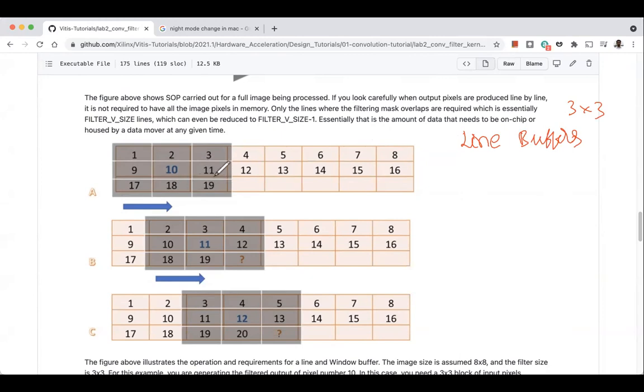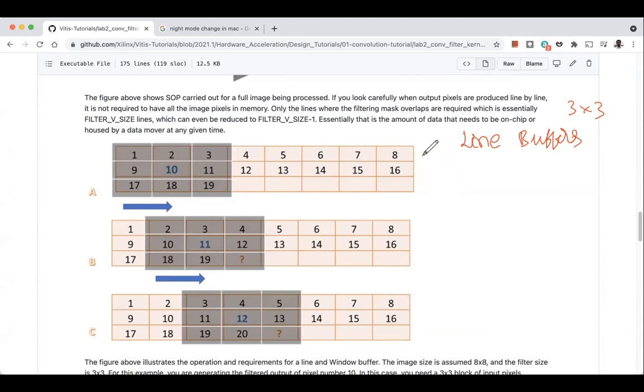So we fetch the first row of the image, we fetch the second row, and we wait. Now in the third row, once we get pixels 17, 18 and 19, we are ready to apply the filter on the input image on this window.